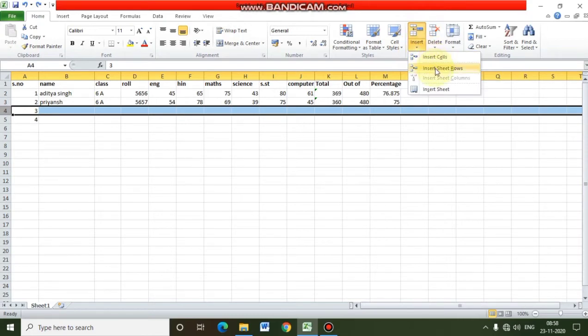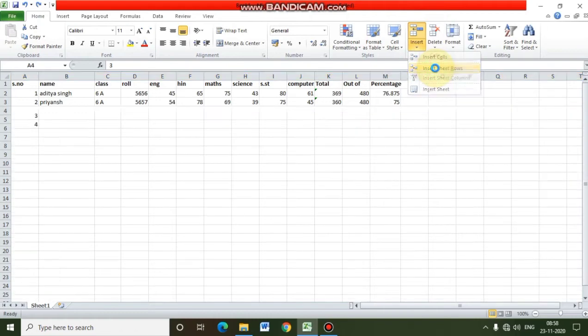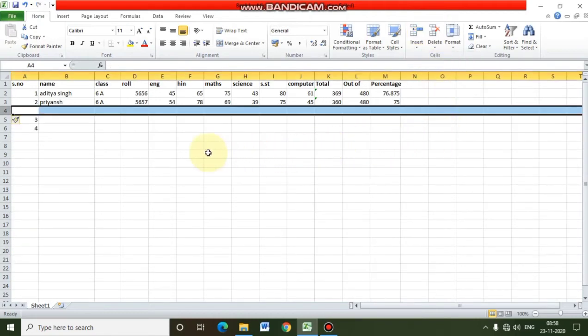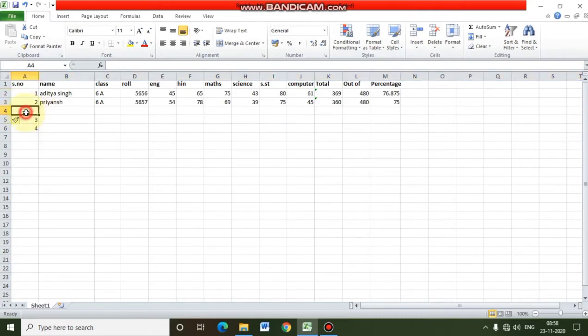Then we will click on insert sheet row. As you can see, a new row is inserted between row number 3 and 4, and here you can see a big gap. This number 3 is also now below. So these were the steps for inserting a row.